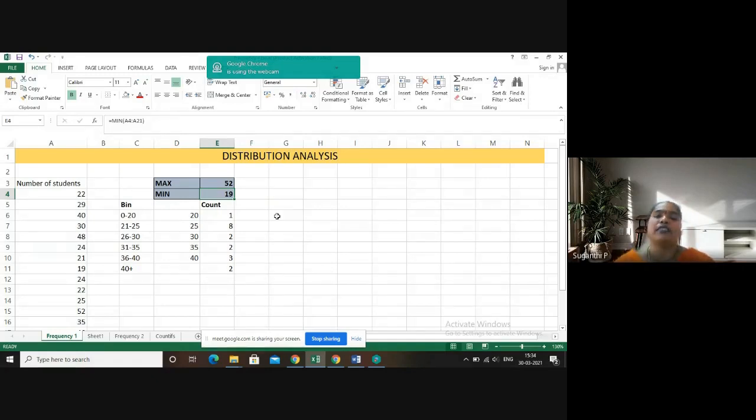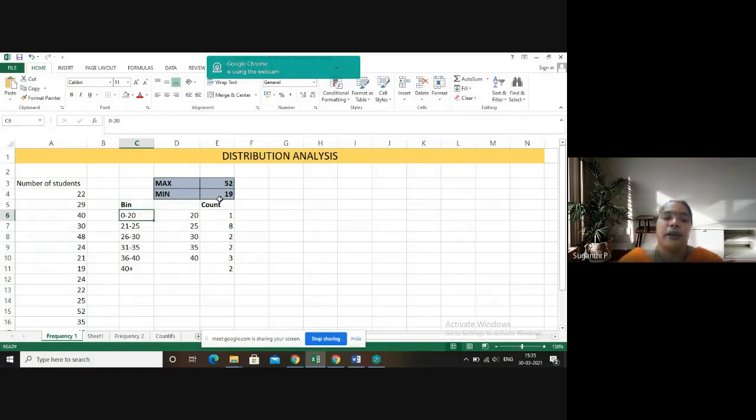You can ask me why we have to calculate this maximum and minimum value and why we should understand the data range. The reason is we have to calculate the bin value for analyzing the distribution. For this, we need to understand the maximum and minimum value of the given data, which is what we just calculated. Here I have decided to go for bin values between 0 to 20, 21 to 25, 26 to 30, which means 5 intervals afterwards. There is no hard and fast rule as far as the bin value is concerned. It is based on the data. The analyst can decide what the bin value could be.